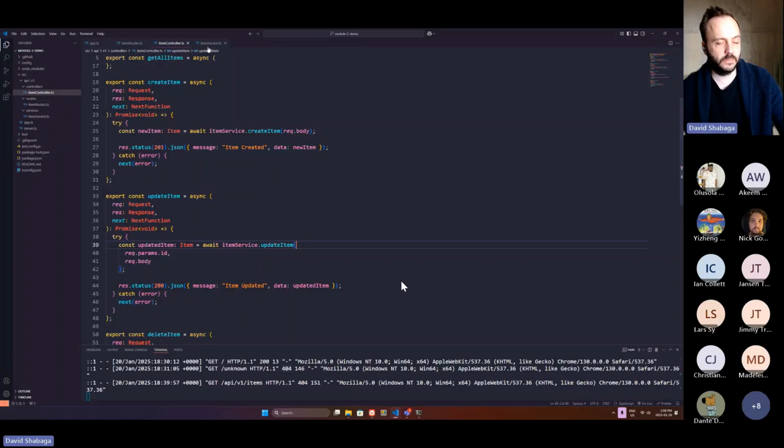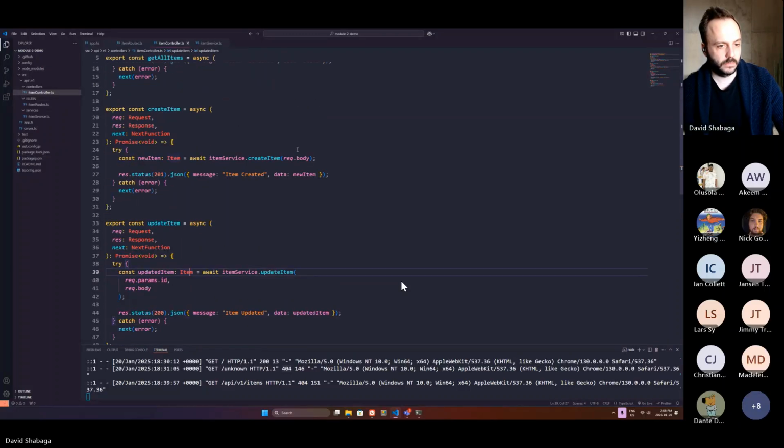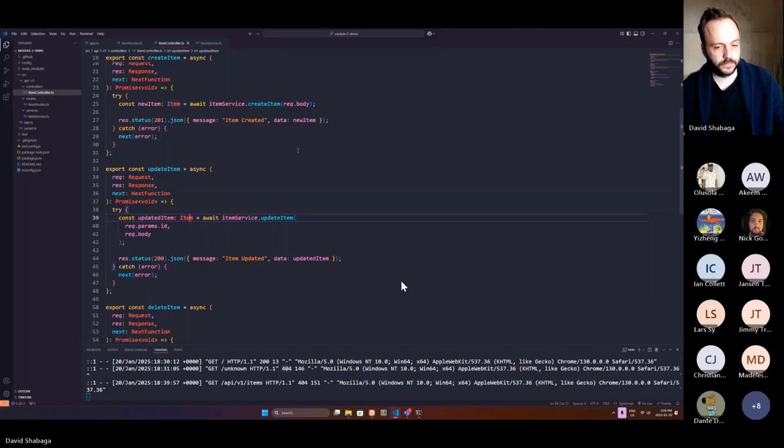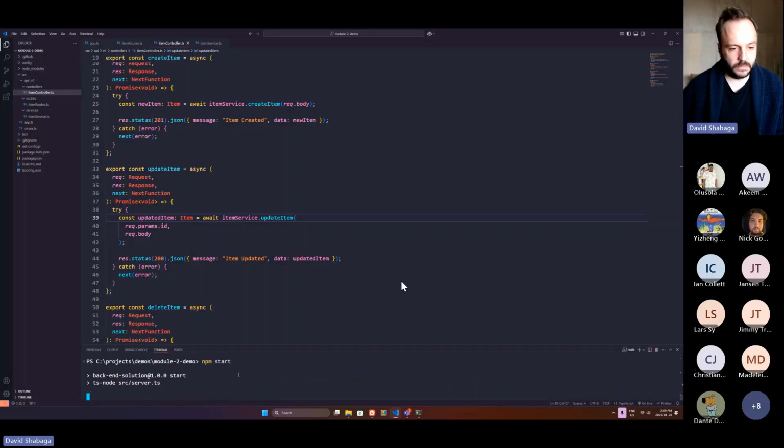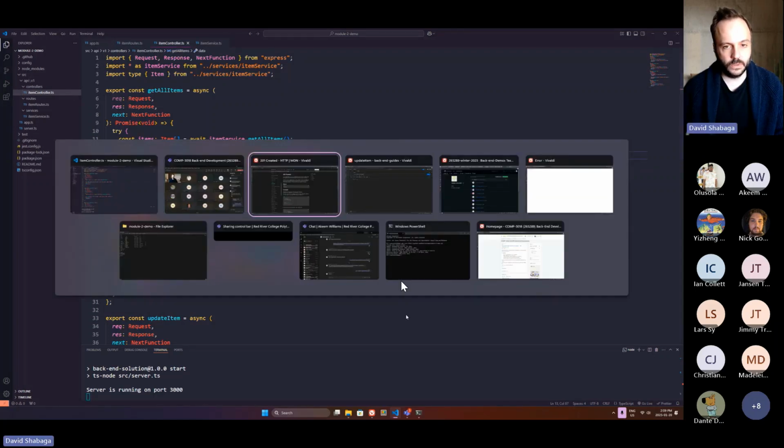But for now, I'm just going to keep these things in the service and then just import it from there. But let's see if this works. So I'm just going to quickly restart my server with those changes in it. And let's go into,